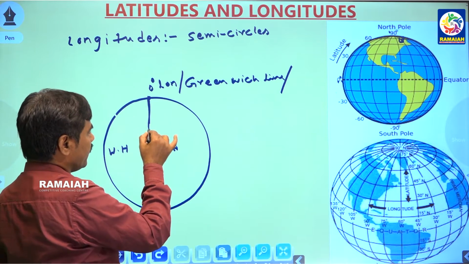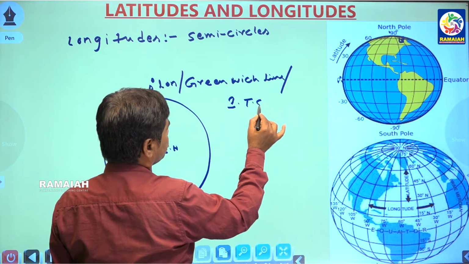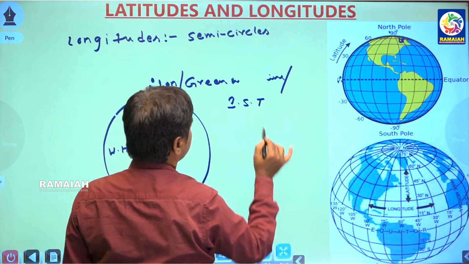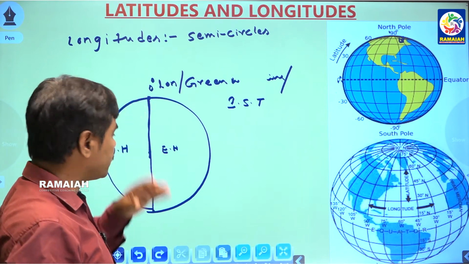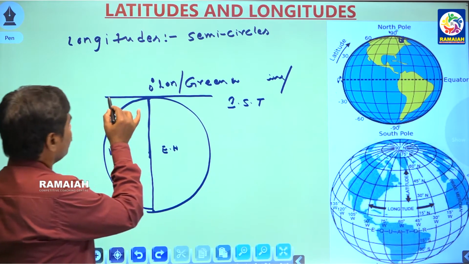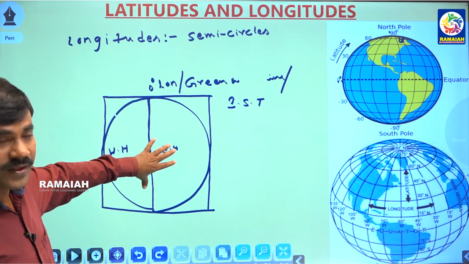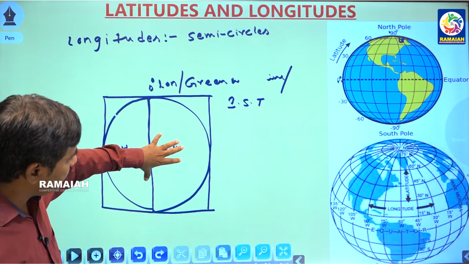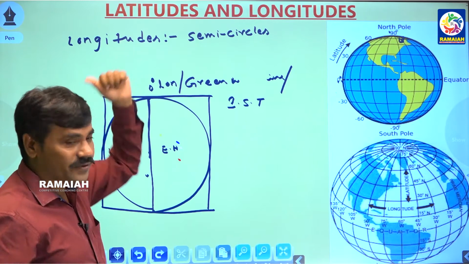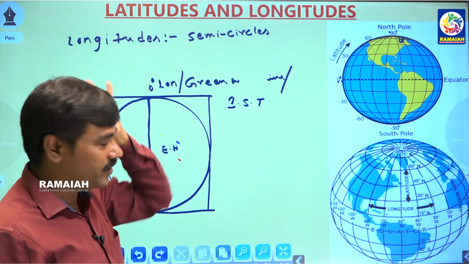On this Greenwich line, we find the International Standard Time. This is also calculated on the earth surface. Now you can see half of the earth surface is under daytime because it is receiving the vertical rays from the sun. The back side, the other half, is not receiving the sun rays. That's why it is under night time.